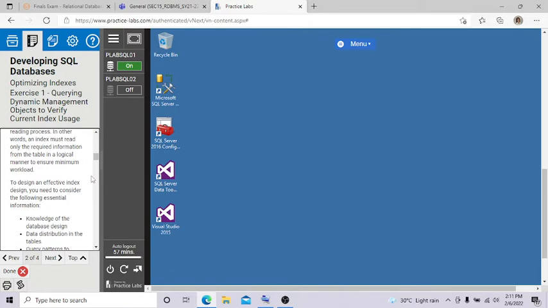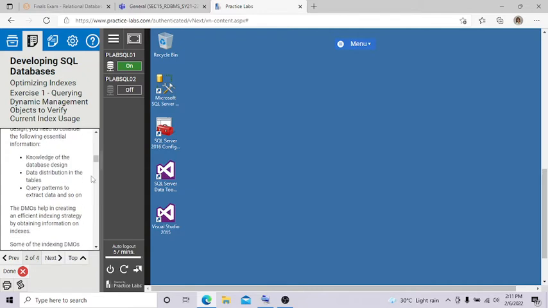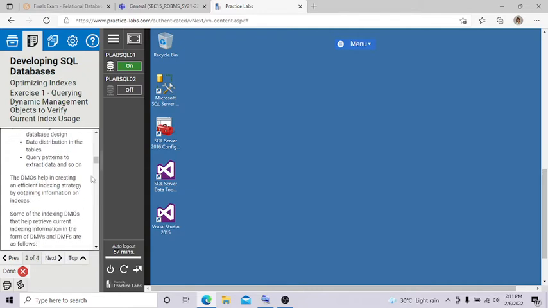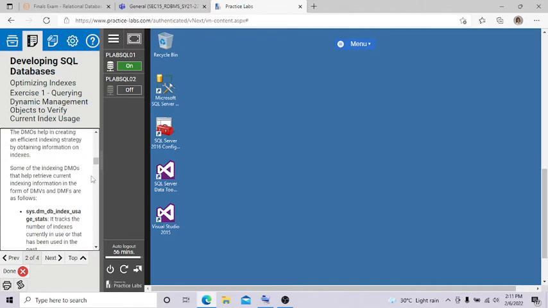To design an effective index design, you need to consider the following essential information: knowledge of the database design, data distribution in the tables, query patterns to extract data, and so on. The DMOs help in creating an efficient indexing strategy by obtaining information on indexes. Some of the indexing DMOs that help retrieve current indexing information in the form of DMVs and DMFs are as follows: